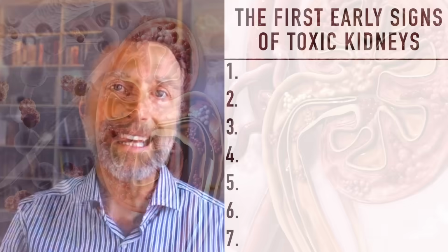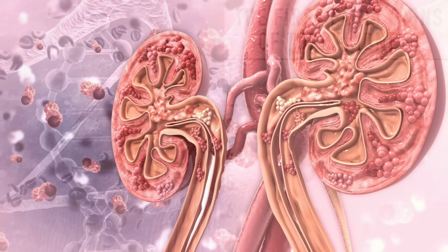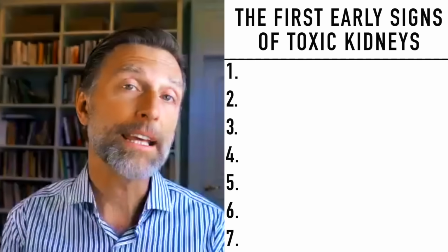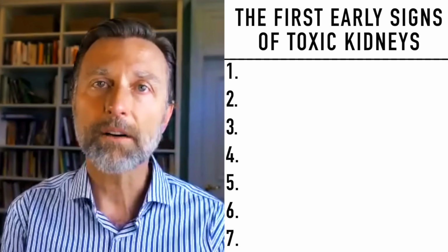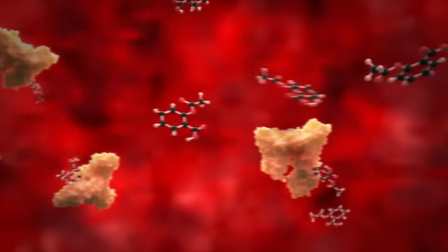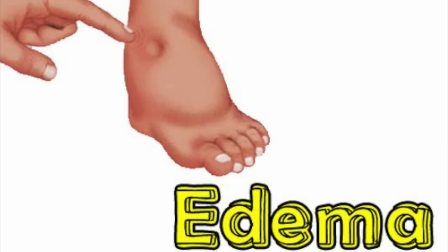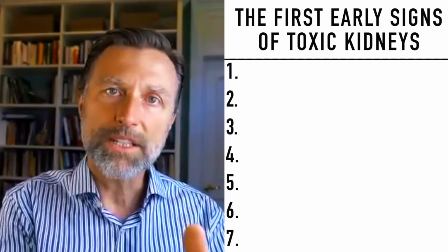And so we're going to get leaking of blood. So if we look at the kidney as kind of this vascular blood vessel organ, the high levels of sugar create a leaking effect on the kidneys. So you're going to be leaking things like protein. And so too much protein in the urine is an indicator of kidney disease. But what happens when you lose protein, you're going to be deficient of protein in your blood. And then you start disrupting the normal fluids in the blood and you get edema. So when the protein in the blood goes down, you start getting fluid that leaks out into the tissues, okay,